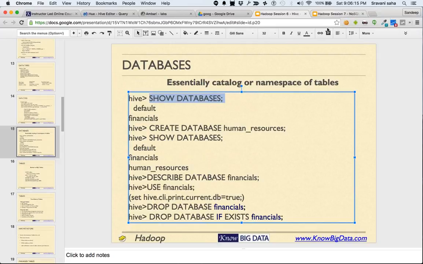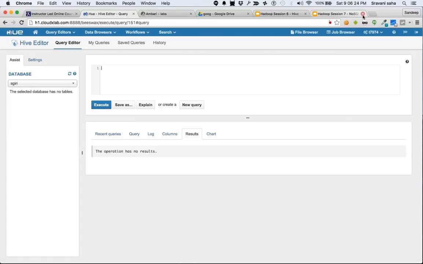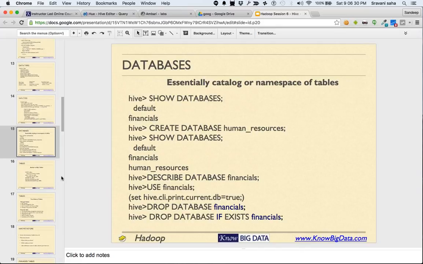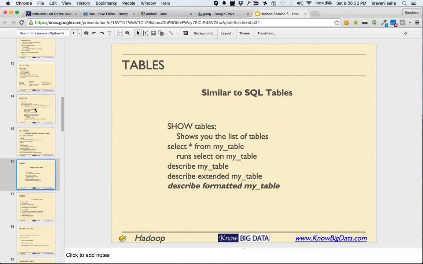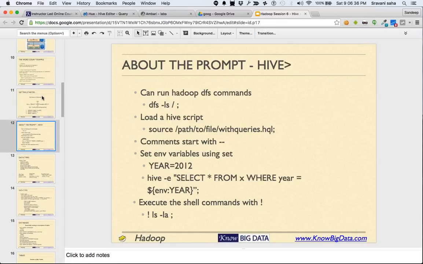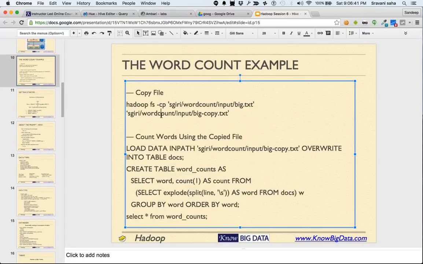Also, you can have a look at describe database in Asgiri. It'll tell you all the details about it. Once you have created databases, you can run the show tables command, and that should give you a clear idea. Now, what Randhir is suggesting, let's go back to this problem